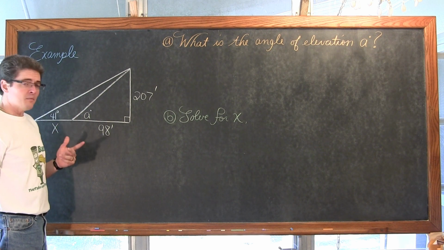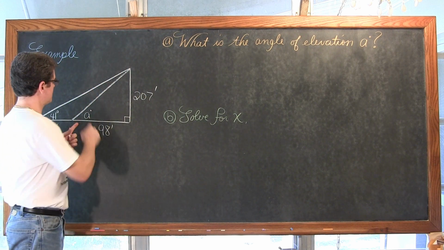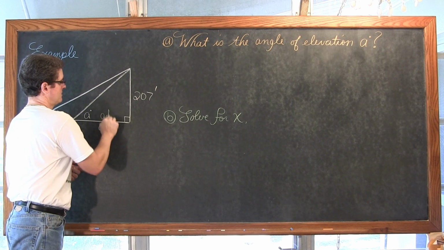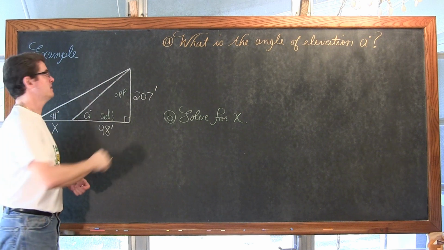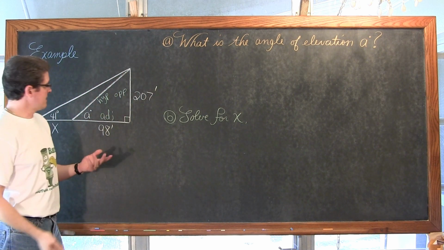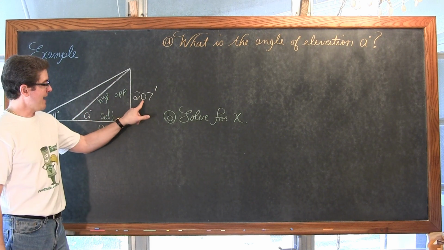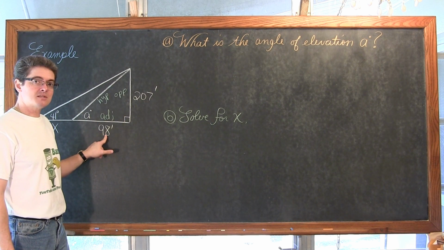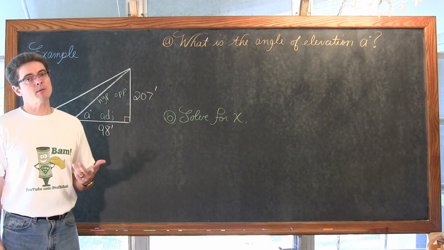So, to do that, I have to determine what type of trig function I want to use. That means I want to, with this inside triangle, identify the adjacent leg, the opposite leg, and the hypotenuse. So again, our examples here have us using tangent. From A, I have the opposite side. I also have the adjacent side, but unlike the previous problems where I had the angle measure, this time I'm going to be looking for it.